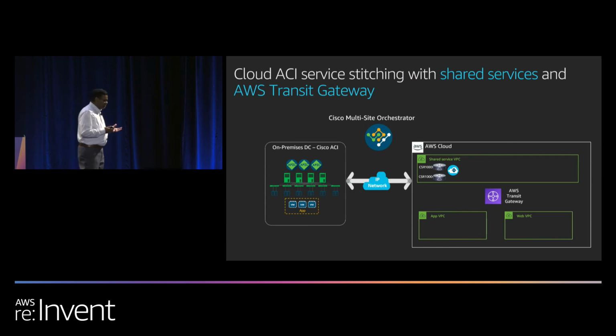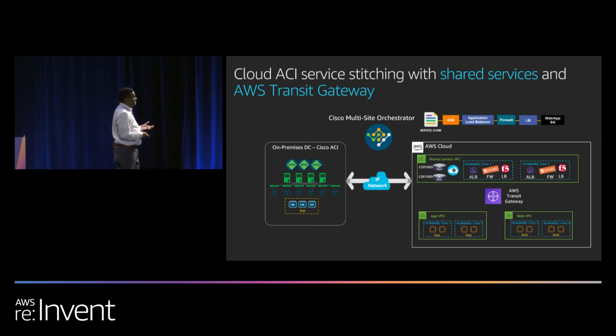Now, let me take it to the next level: what about shared services? I might have Active Directory, DNS, and other environments, because I'm adding more and more to make it more complex, to make sure that I have all the combinations taken care of. So I define the same thing. I can do another intent, define it, and then provision it to whatever location I want. In this case, I can have third-party services included. I can have a Palo Alto firewall, I can have an F5 load balancer, or anything that you want to define. We will provision it, and we will manage all of this.